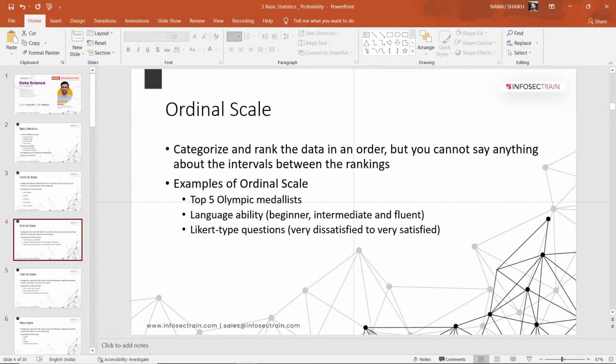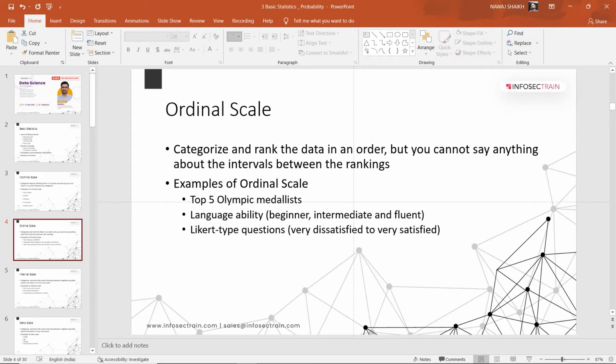In some surveys, a teacher provides a particular material, and you need to say whether you are satisfied or not, very satisfied, or very dissatisfied.